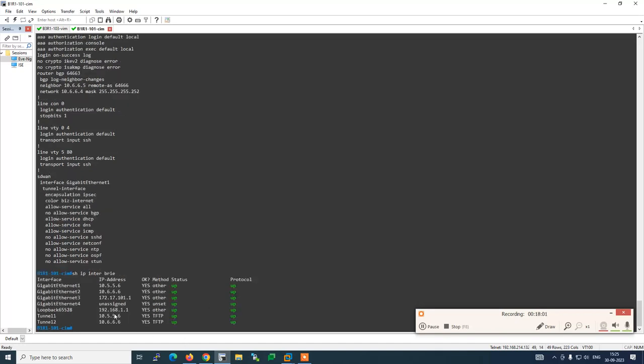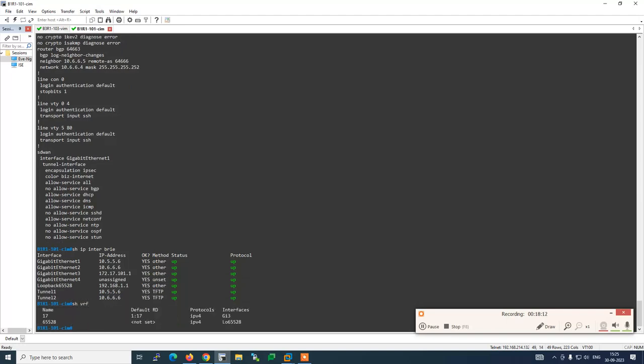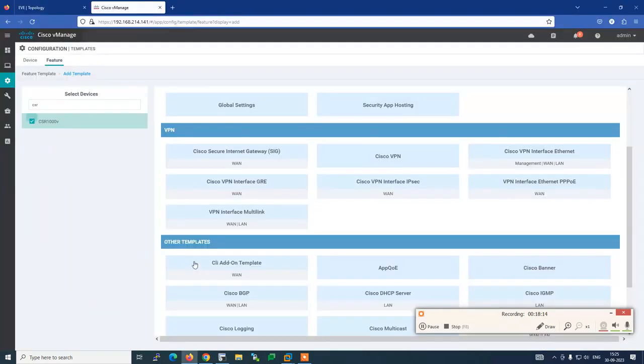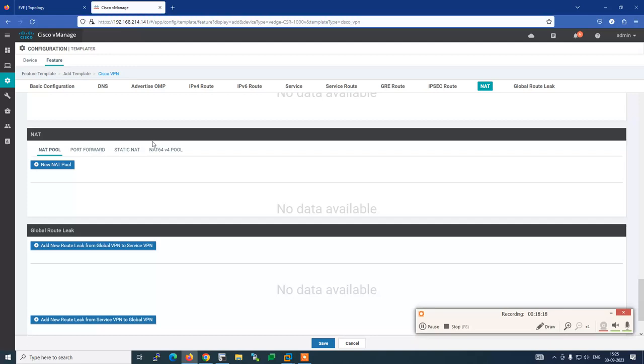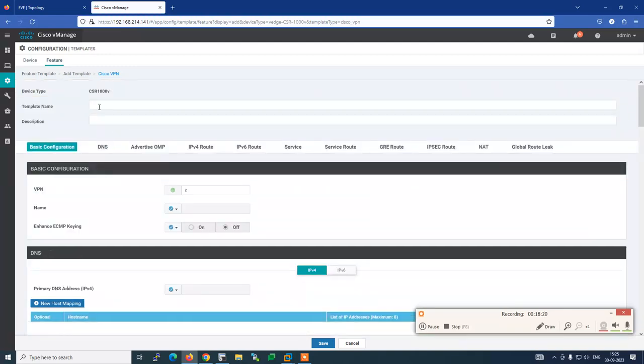So we have gigabit 3, so we have to create another interface, and we have another VRF which is 17. So we have to create another VPN which is VPN 17, and in that we have to